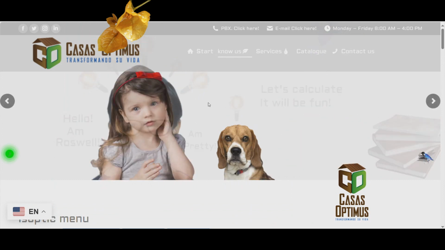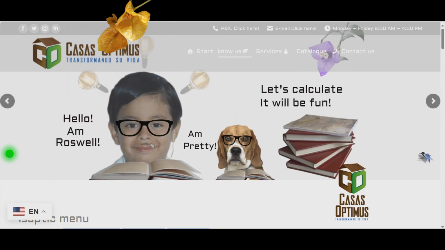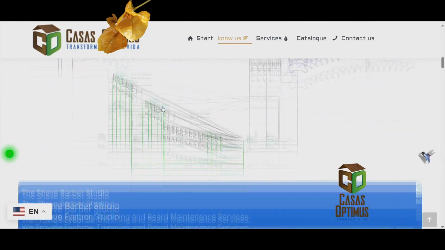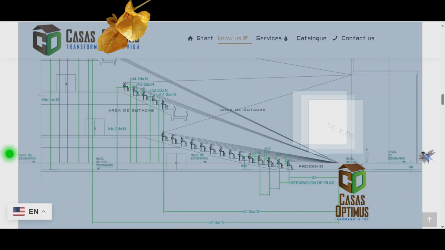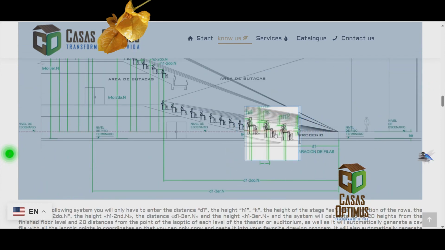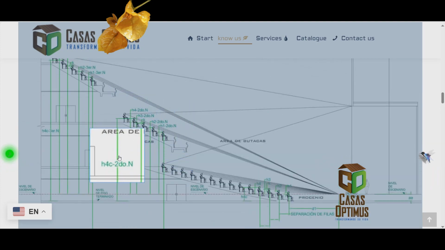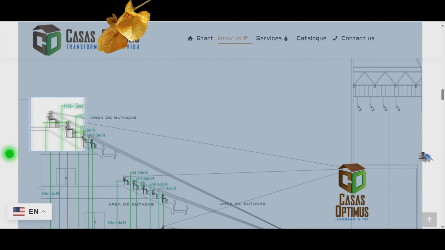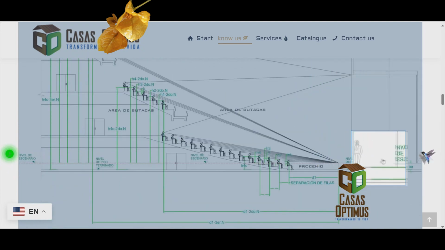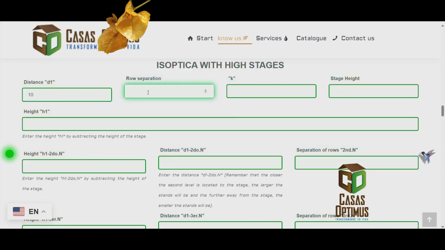You'll also be able to create auditoriums, cinemas, theaters, stadiums, or any other three-level stage, with or without high stages, quickly and easily. In the system you will only have to enter the distance d1, the height h1, k, the height of the stage ae, the separation of the rows, the distance d1-2, the height h1-2, the distance d1-3 and the height h1-3, and the system will calculate up to 20 heights from the finished floor level and